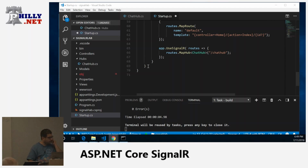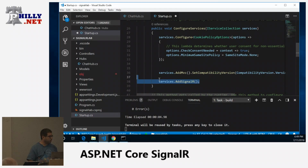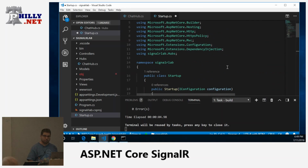Okay, so now we've got our app.UseSignalR configuration here. And in ConfigureServices, 1 line of code, services.AddSignalR. If Visual Studio Code didn't do it for you, add the using statement. If you're behind on the README, this is all under configure the project to use SignalR, and you get the 2 lines of code, and then at the very end, you get what the Configure methods now should look like. So if you're unsure,